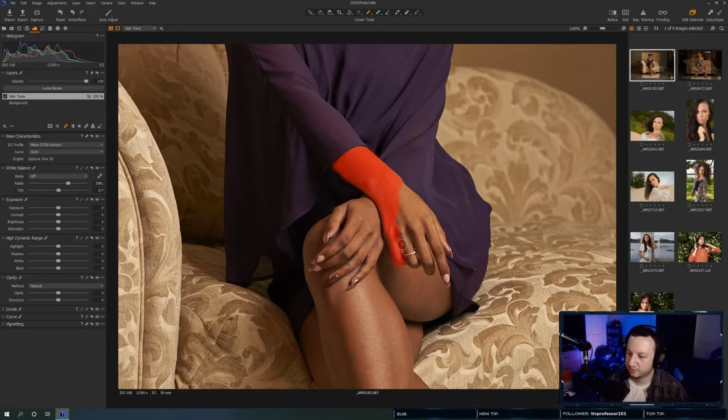Alright, so something that I've noticed, and this is especially true with women, because they wear makeup, their face skin color is usually slightly different than the rest of their bodies. And so what this step in Capture One does, it will allow us to even that out and make them more together. So all I'm doing here is I'm doing a skin selection. I'm avoiding her nails because they're red and yellow, which is your skin tone colors.